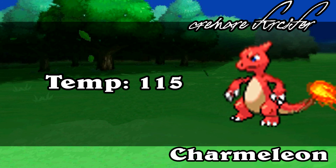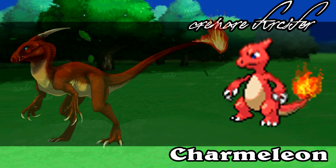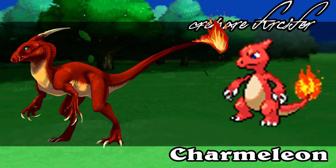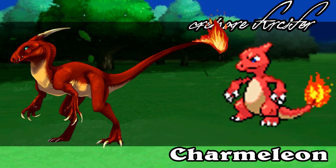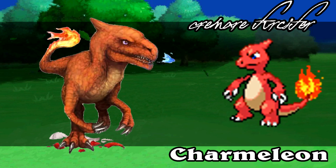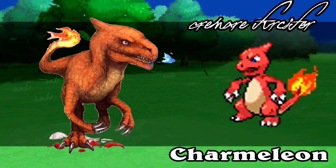Also, this increased temperature is what is believed to cause the dark red change in color. The fire at the end of this Pokemon's tail burns much brighter than before in its Charmander state. Charmeleon also produces a larger quantity of hydroquinones and hydrogen peroxide, allowing it to cause more powerful flames. The digestive system of the Charmeleon has completely encoded itself in Char, meaning this Pokemon no longer has internal limitations